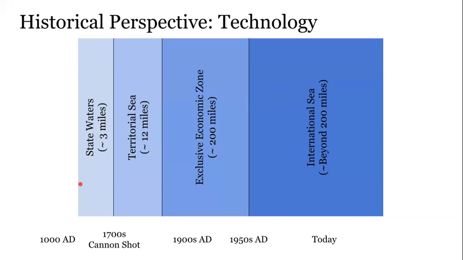So we can see that the cannon shot rule is important in not only defining a 3 mile limit of sovereignty as a first expression of sovereignty in ocean waters, not just for a particular nation, but generally as a general concept of limiting mare liberum, or freedom of the seas, freedom of navigation. So we have this 3-mile limit, but it also starts incorporating the notion that we're starting to put further and further sovereignty limits on ocean areas.